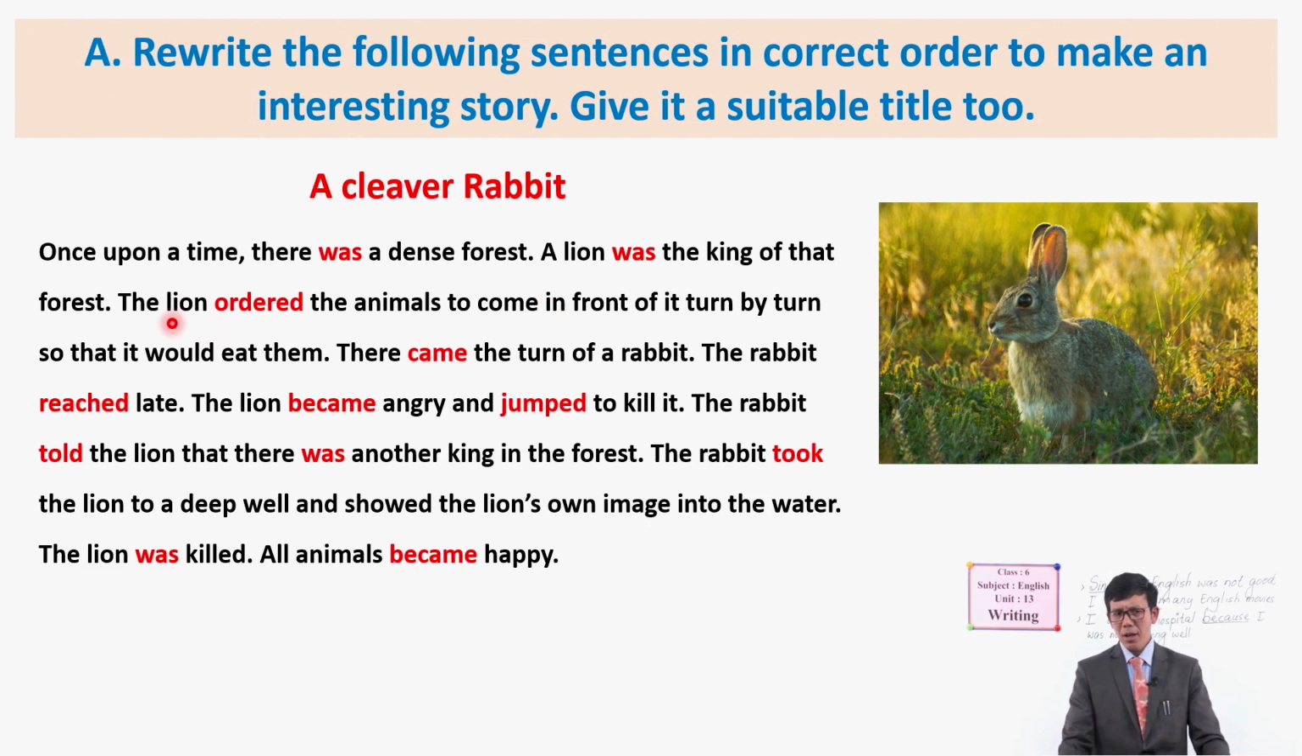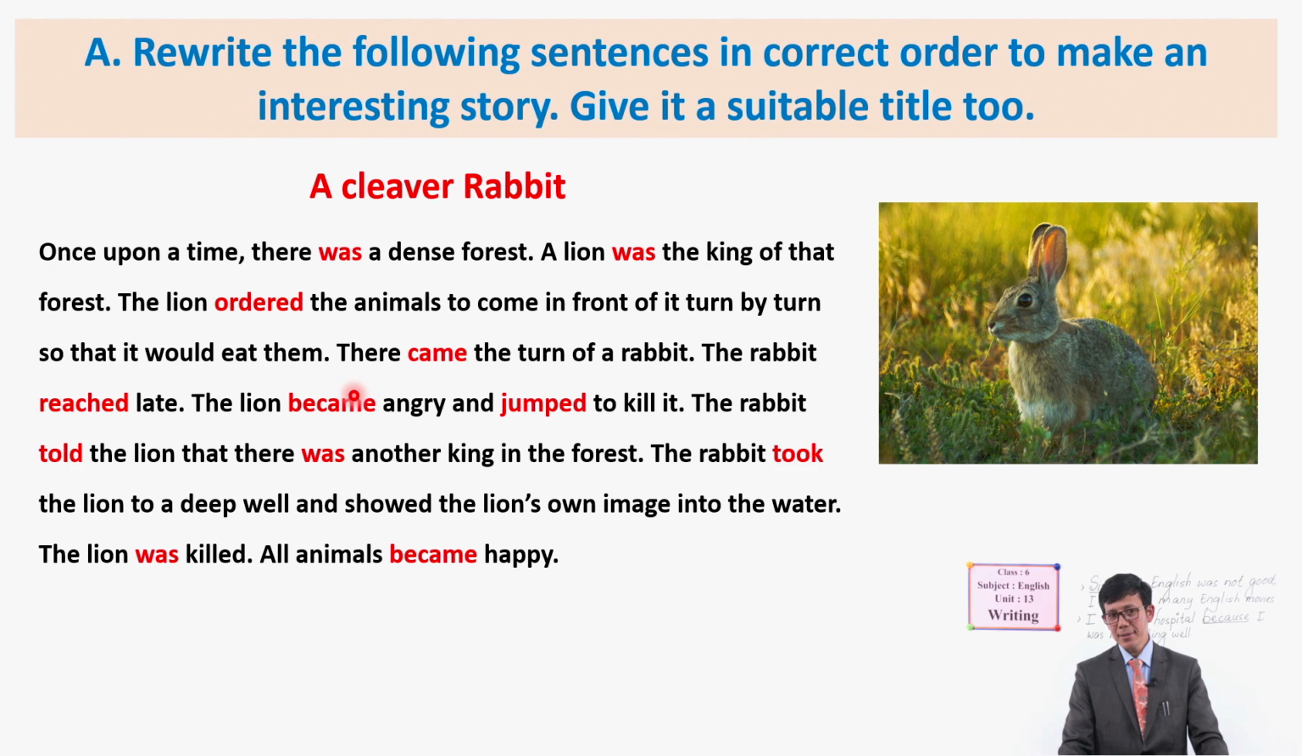Then the lion ordered the animals to come in front of it turn by turn so that it would eat them. You also can notice here "ordered." Okay, this is the past tense, the simple past tense. So the lion ordered the animals to come in front of it turn by turn so that it would eat